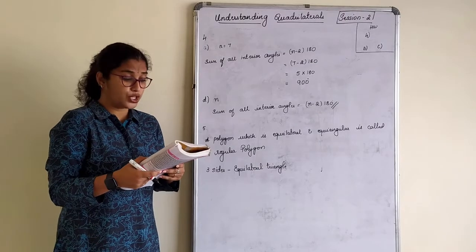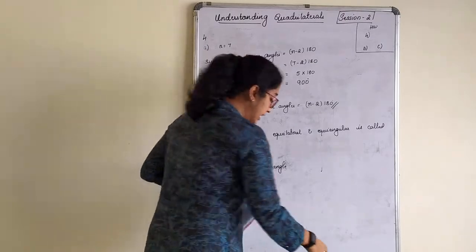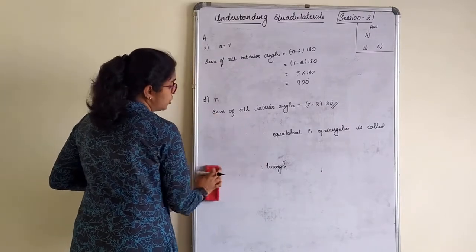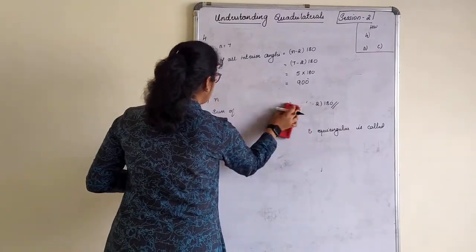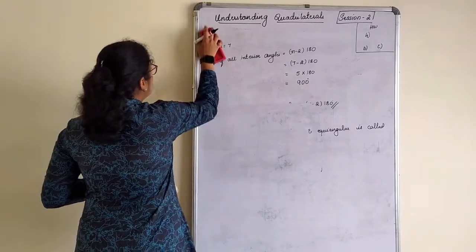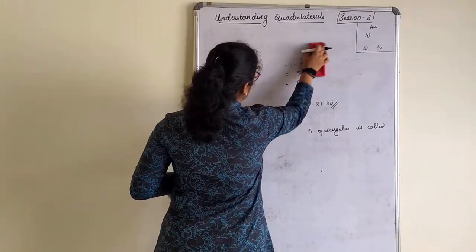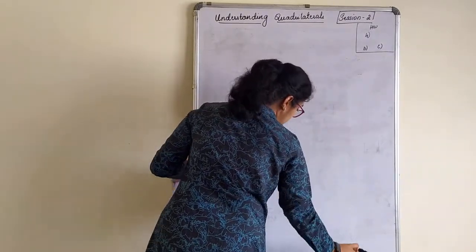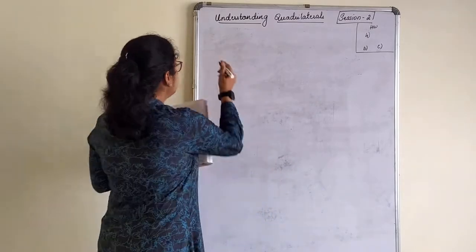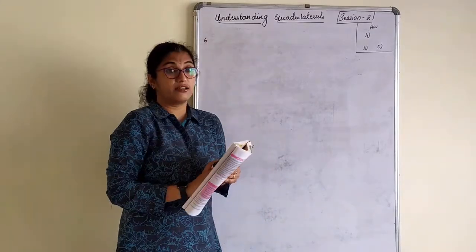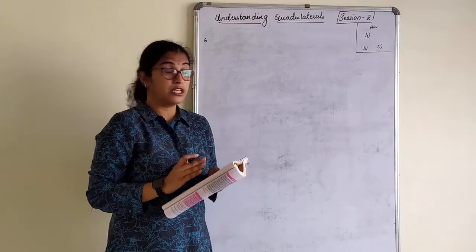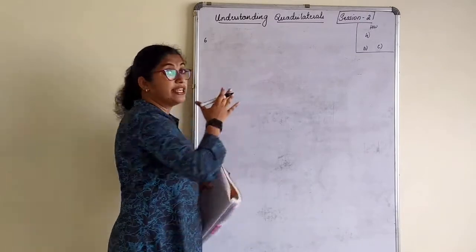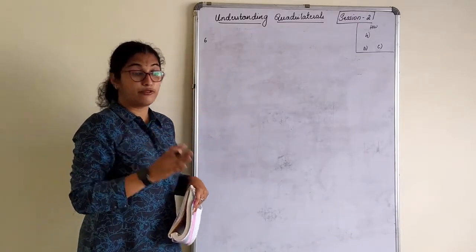The next is a very important one. Find the measure of angle x in the following. Here we will make use of the angle sum property based on the given type of polygon. We need to be very careful whether it is a quadrilateral, triangle, pentagon or hexagon, depending on the given figure. As I have told you, when solving such sums, your figure should always be on your right hand side. On the left hand side, you start solving the sum. So please follow this.